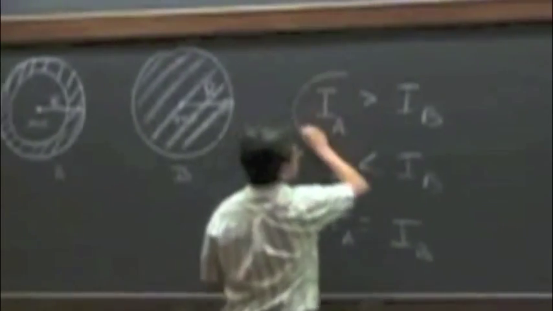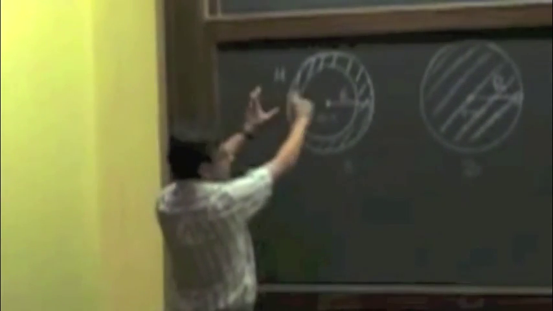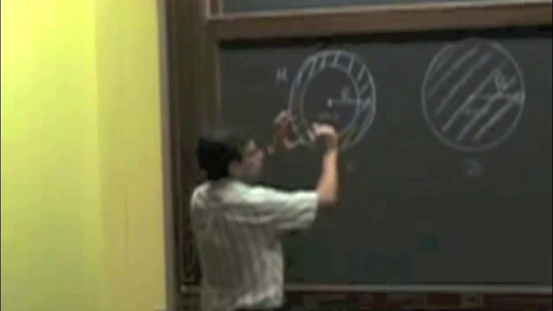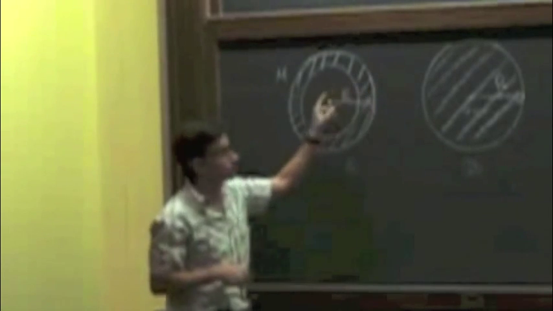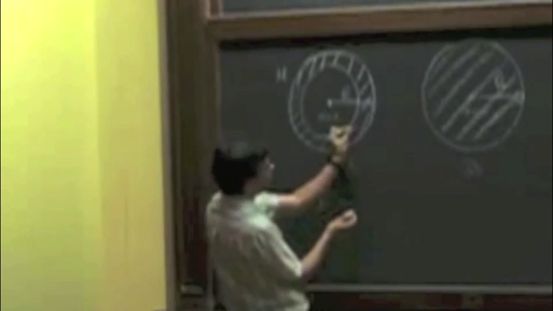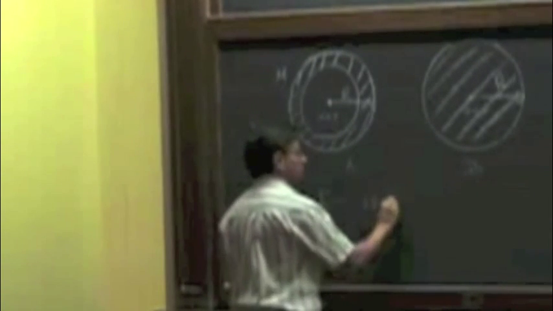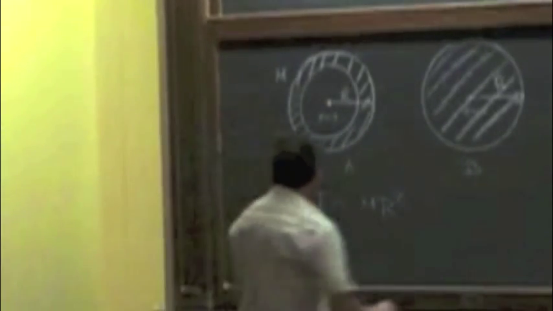So which one's bigger? The answer is the moment of inertia of A is bigger than the moment of inertia of B. The reason being that the mass is the same, right? But the question is, where is that mass located? If you look at this object, you see that most of the mass is located very close to a distance r from the center, right? So you would say that the moment of inertia of this thing, just a rough calculation, if it's not too thick, is going to be a number that is very close to this, depending on the thickness of this, right? But the moment of inertia of B,